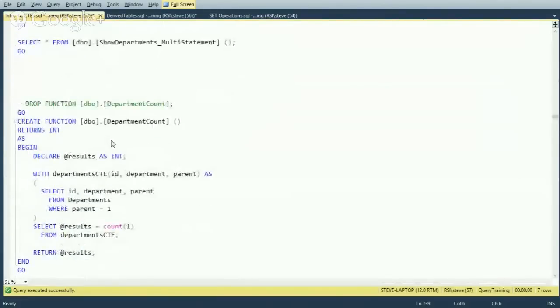All right, so here's one where we've got a non-table valued function or a scalar function that's only going to return an integer. It can't return a table or a result set. We're going to declare the result as an integer. We're going to declare our CTE. We're going to select a count from that CTE into that variable and then return the variable. That works